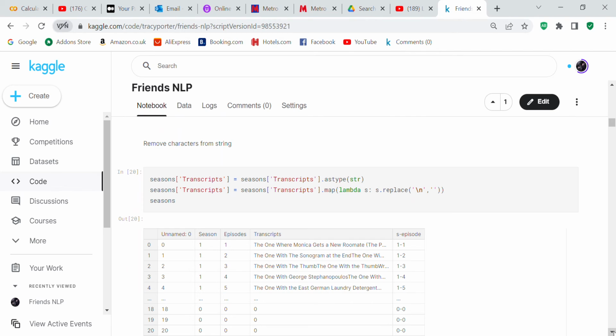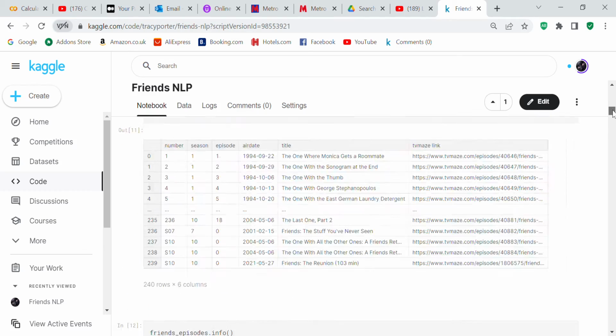And now what I wanted to do is on the seasons transcripts, I wanted to remove the special characters from the transcript. So I removed everything that was a backslash and an N, because I wanted the transcripts to be the same as well.